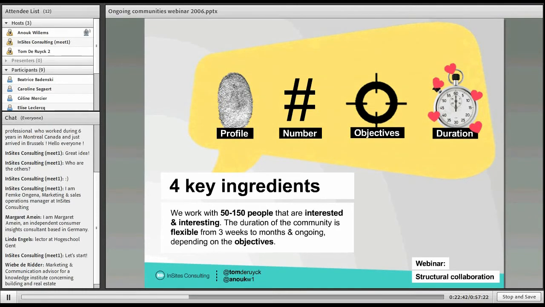Second, the number. We usually invite between 50 and 150 people for a community. And this is based on a research that we did for the optimal threads or discussions in a community. We found out that when a thread generates 30 posts or reactions from members, we see a saturation effect occurring of the on-topic arguments.